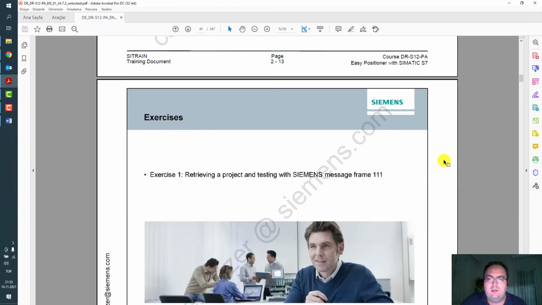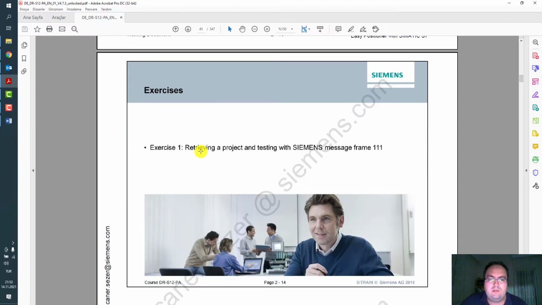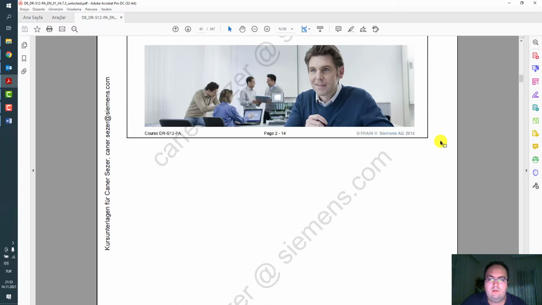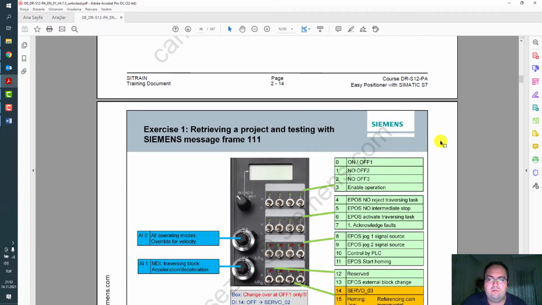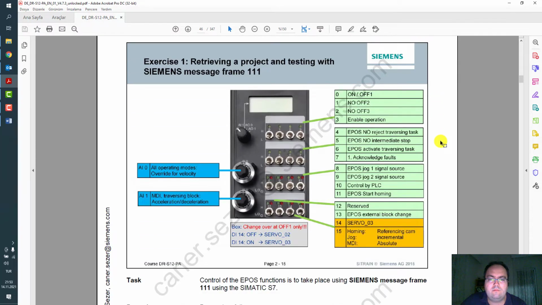So at the end of this chapter there is one exercise for you to do, retrieving the project and testing this example of toolbox. If you have already CDemo standard demo case, or if you are using a CMOS demo case and you already know the hand terminal, it looks like this. There is a display for analog input output, selector switch. You can control here the digital inputs and outputs of the control unit via hand terminal.